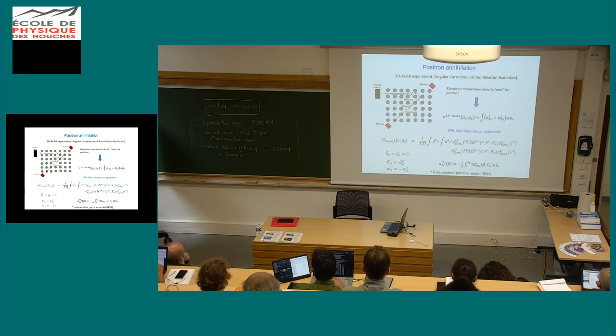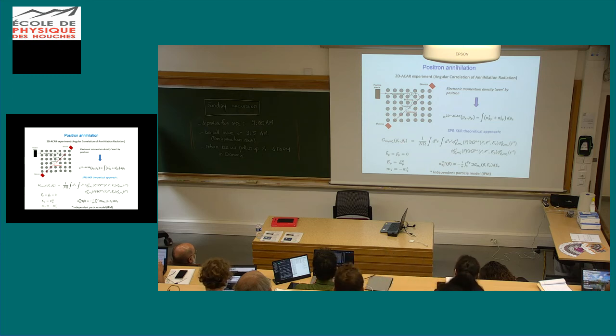The 2D ACAR spectrum has this expression: it's the density of momenta for the spin up plus spin down, and here it is integrated along only one momentum direction, along this scattering direction of the photons. In the SPR-KKR Green function theoretical approach, in order to describe this kind of spectroscopy, a two-particle Green function should be